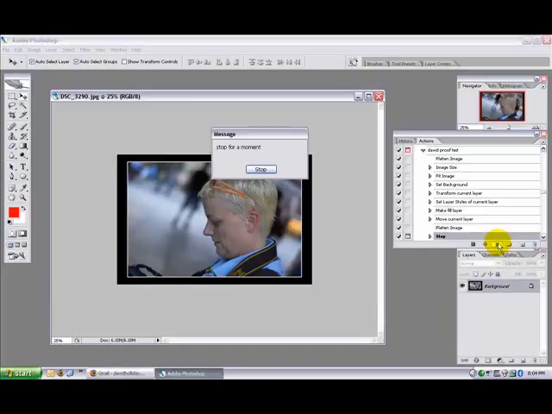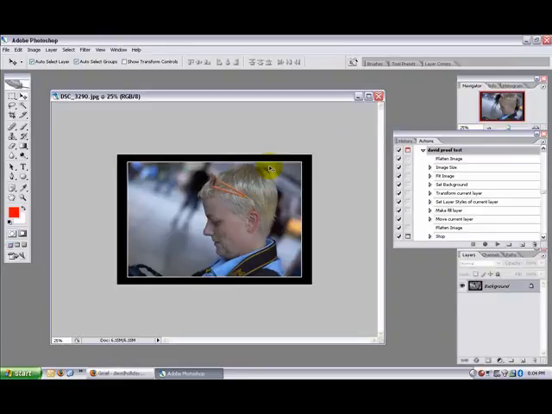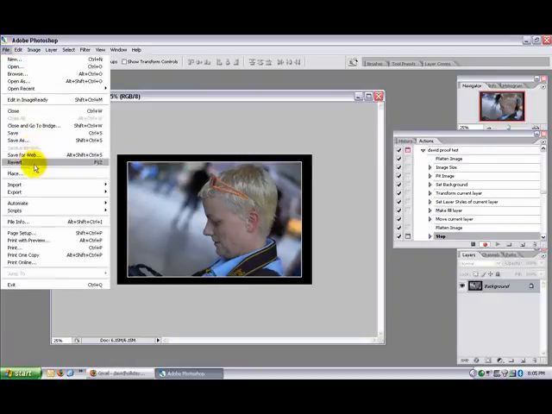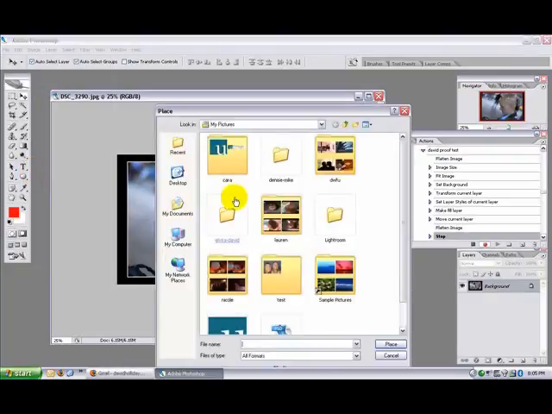I can click on here to remove that, and basically what I'm going to do is to now click on Start Recording, and so now I'm going to be recording new steps in my action. I'm starting off from this stop. Okay, the first thing I want to do is to find the image. What I do, I go into File and Place, and in here, just in my Pictures directory, I have my